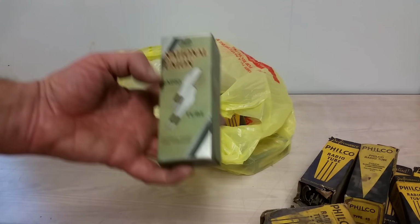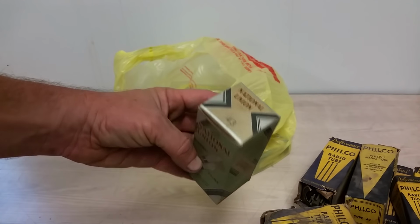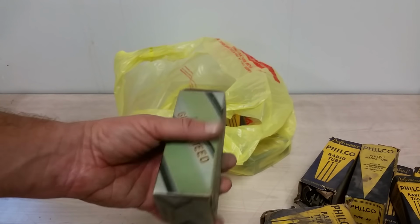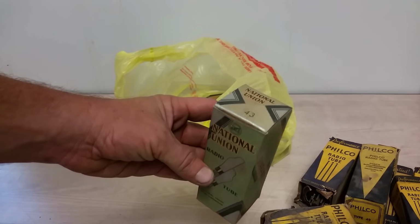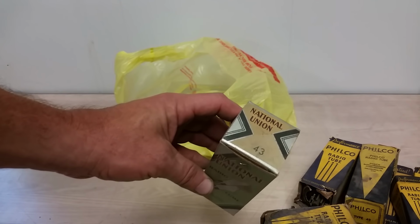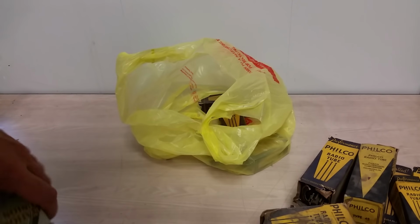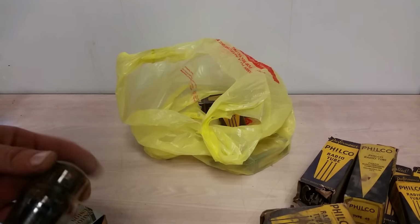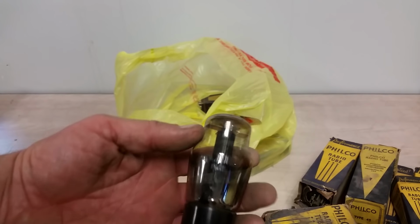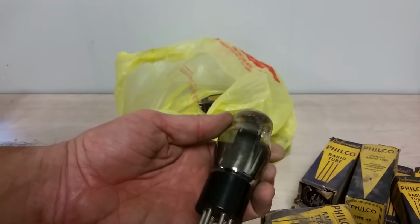And then this. Oh, this is probably my favorite style of box. Tube box. This one is a little on the dull side, but I love the colors and the silver. National Union, mid-30s. This is a 43 here, which is just like a 42, but I think they just fooled around with the filament. But the tube is once again kind of a mundane tube. Mundane 19. Oh, okay. It's actually an Arcturus inside. Okay. Probably when Arcturus was going...